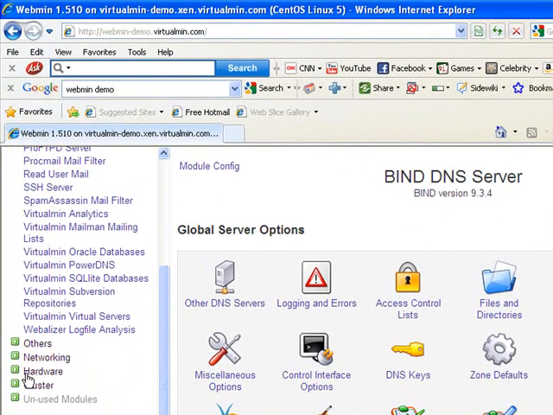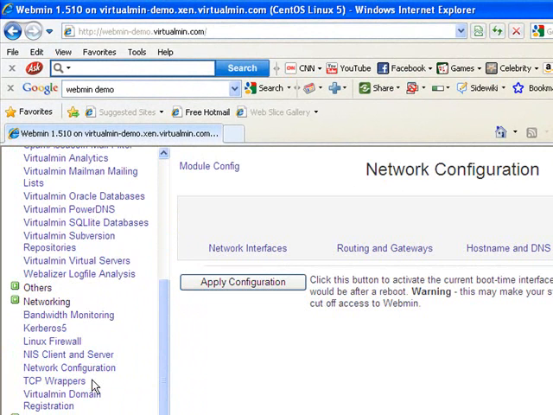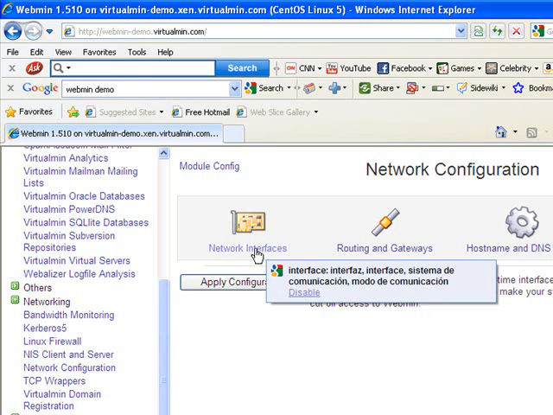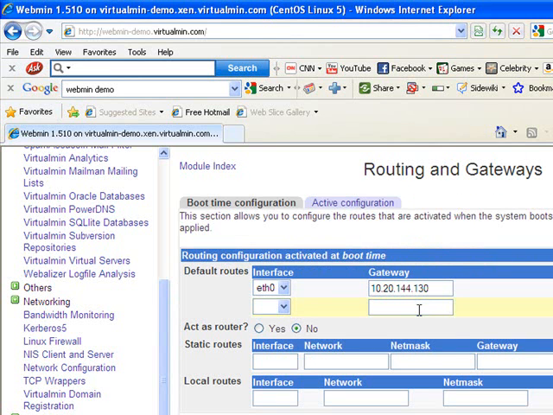Now move to networking, network configuration. Check your gateway.